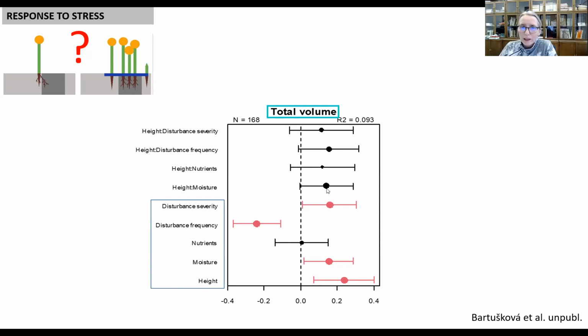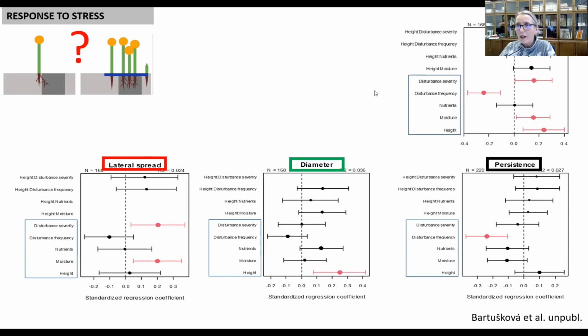So in the same plant height, all these disturbed and very productive habitats tend to have larger volume of rhizomes than one would expect. Here I have the individual analysis of the same type for these measures. So it was total volume here. And when we take only lateral spread, we can see that lateral spread is responsible for this effect of disturbance